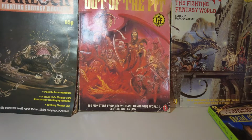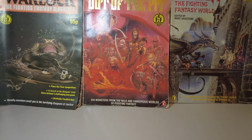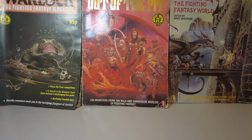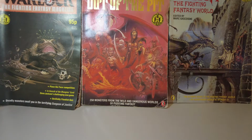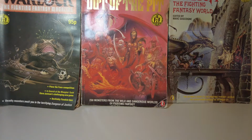So we've done the books. I'm going to choose my top 3. Believe it or not, this has been really difficult. The other game books were a wee bit easier on this one to choose. There's a few that are really quite equally matched here. So this is not an easy one. So I'm going to go with,